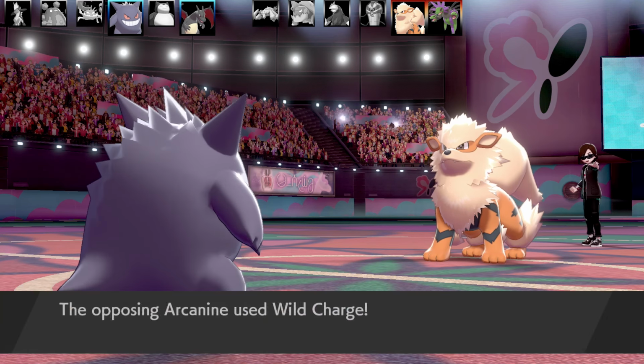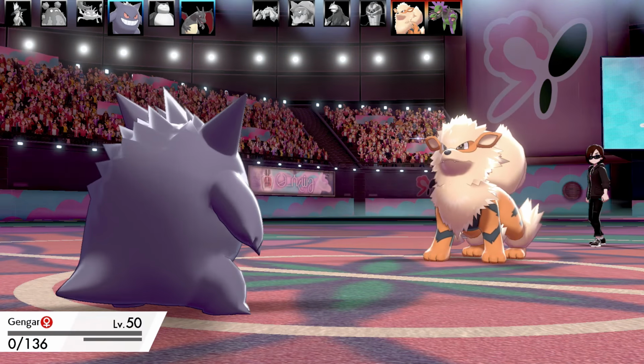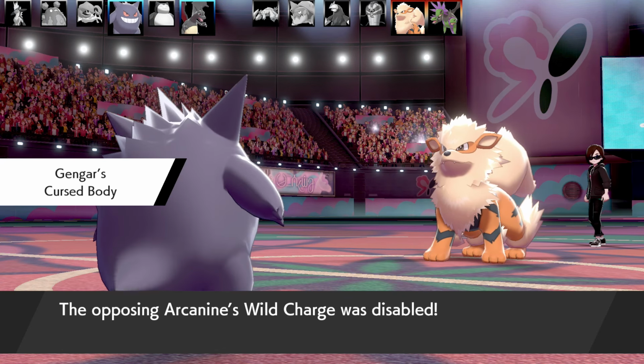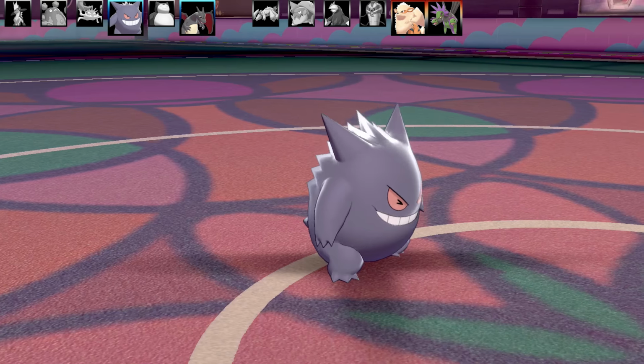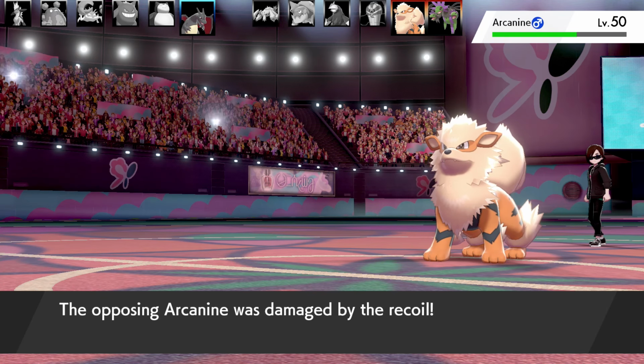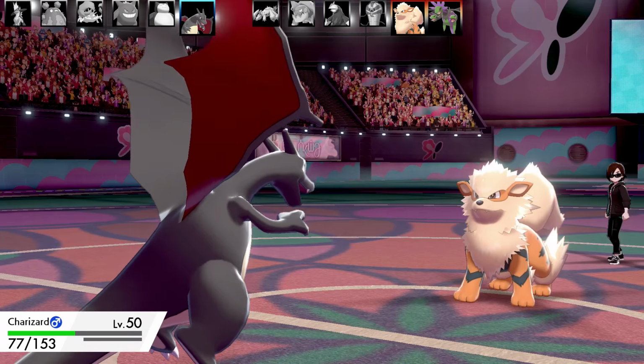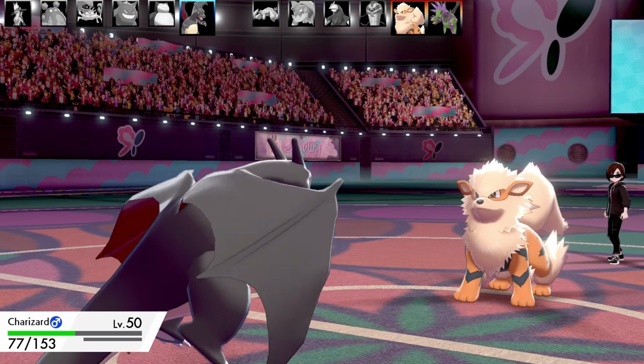And I'm going to take a little bit of damage. Now they're going to go use the Wild Charge. Like, Cursed Body kicking in right now would be very, very handy. And Wild Charge actually gets Cursed Body. So that was really good. So my Charizard can't really get hit by a super effective move from the Arcanine. So Arcanine's pretty much going to have to rely on using another move outside of Wild Charge. So I guess, obviously it's Flare Blitz, Wild Charge,